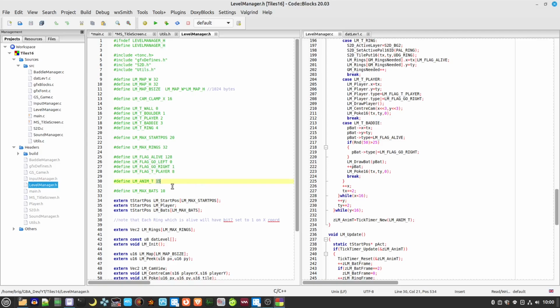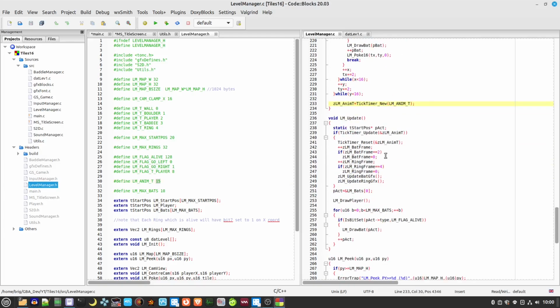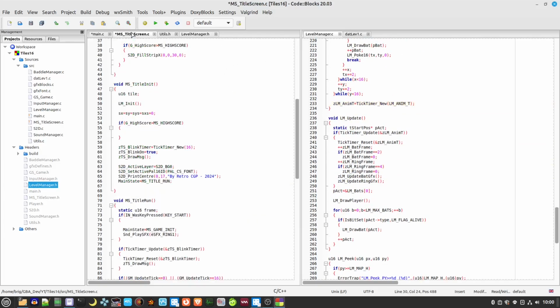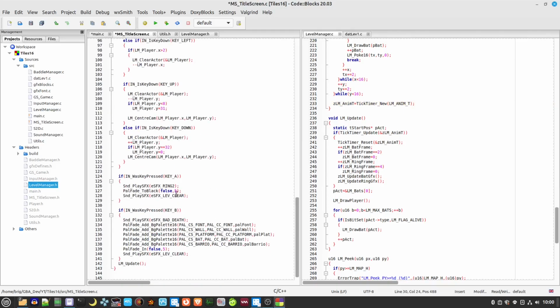So our tick timer is set to 15, and then in this demo here, as it's running, you will see level manager update comes in here, and then it just counts down the timer,